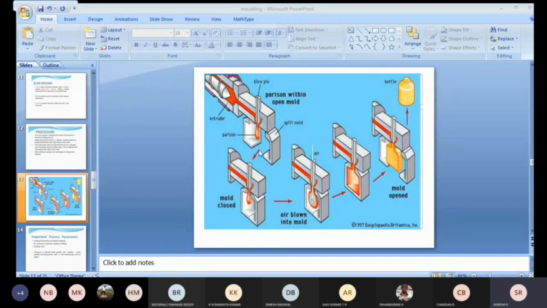After that, the heated raw material is passed through the extruder into this parison, so it is filled inside the parison. Once the shape has been formed, the molds are removed, and the required shape of the part is obtained. So this is used to produce hollow parts. This is about the blow molding process.